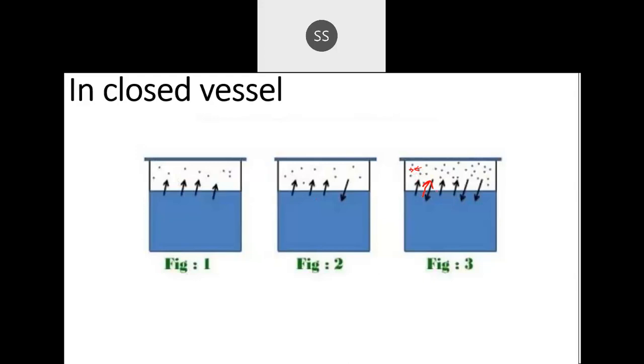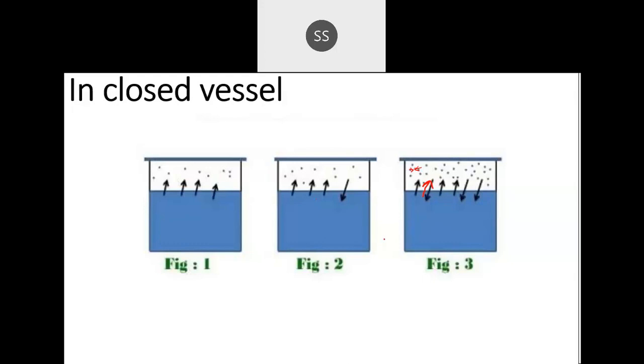Okay, so whatever evaporation or vaporization has taken place, at the same rate condensation also will start taking place. And this stage is where we call equilibrium has been established. And if you remember, when I told you about equilibrium, one important condition for an equilibrium to get established is that they should be in a closed vessel. Only in a closed vessel, because especially for the gases and the liquid, they can take certain energy and escape out. So if you want the equilibrium to be established, then it should be in a closed vessel.